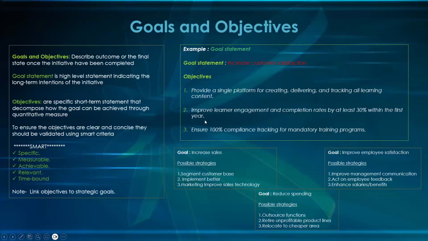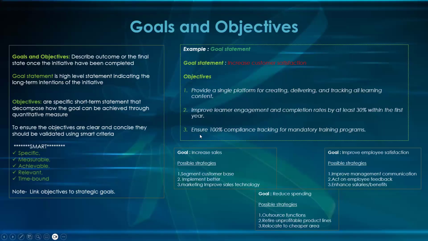You can see now there's a time there. There's time bound and it's also relevant. Does it make sense? So you can see there's time, there's measurements there, and we know it's relevant and we know it's achievable and it's specific. Unlike this one, that there is no time. And there's no measurement.